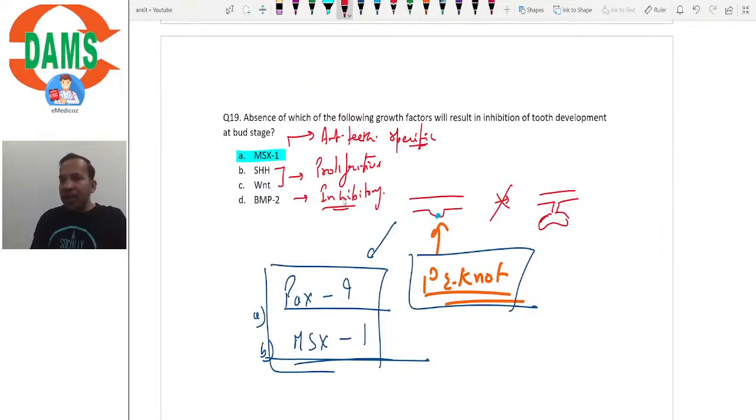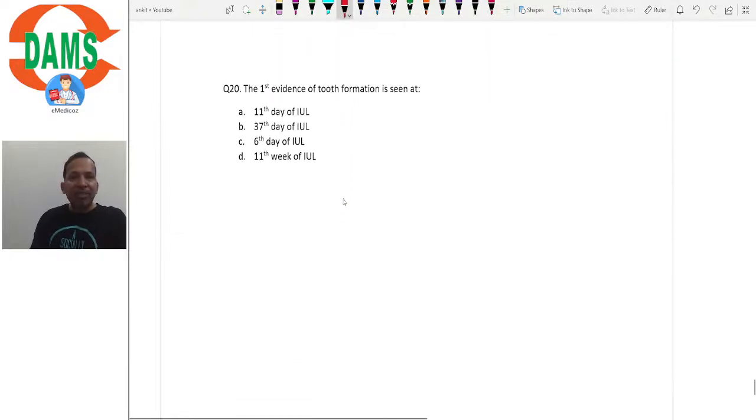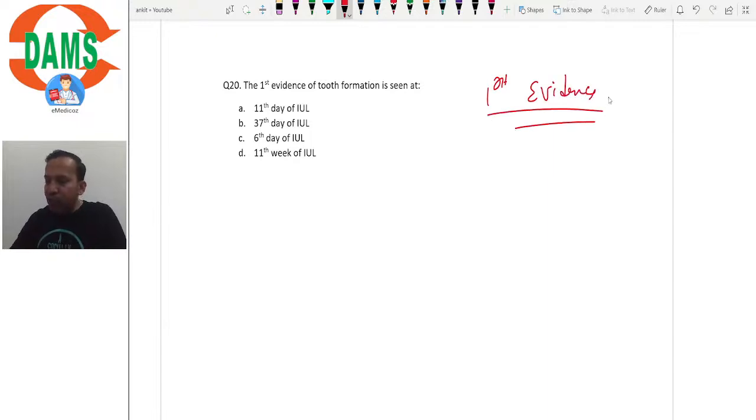So let's go to the last question of today's class. The first evidence of tooth formation is seen at. First evidence of tooth formation. Now it is not first histological evidence or first morphologic evidence or first radiographic evidence or first molecular evidence. It is simply first evidence of tooth formation. So what do you mean by first evidence of tooth formation? First evidence of tooth formation implies